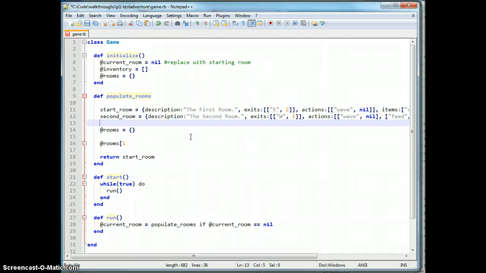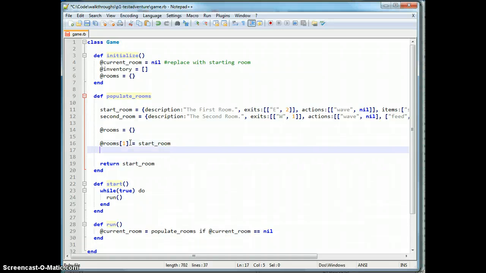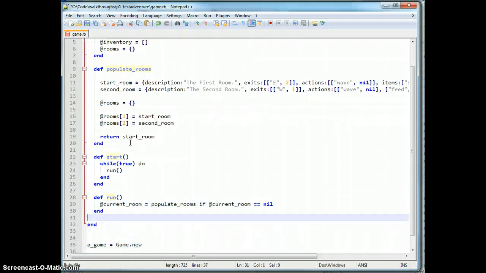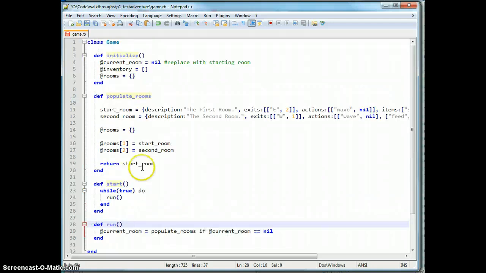My room keys are just numbers for now, so room 1 is going to be our start room, our odd language, and 2 will be our second room, and we return start room at the end. So now rooms is set up, and current room should be set when it gets to this point. Alright, so